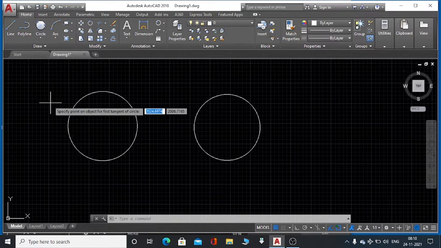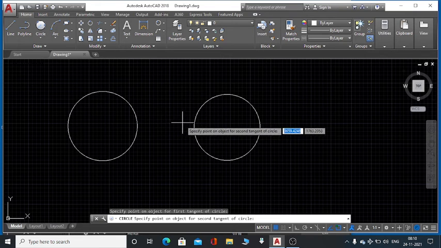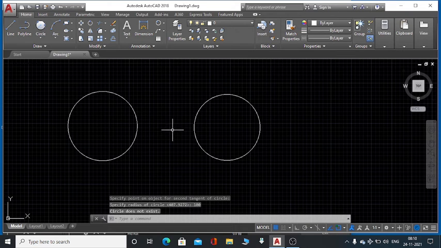Select tan-tan-radius. The first tangent is this one, specify the second tangent, this one. Now specify radius. Suppose the radius is 100, enter. The circle is not drawn because the circle does not exist, the radius is bigger.